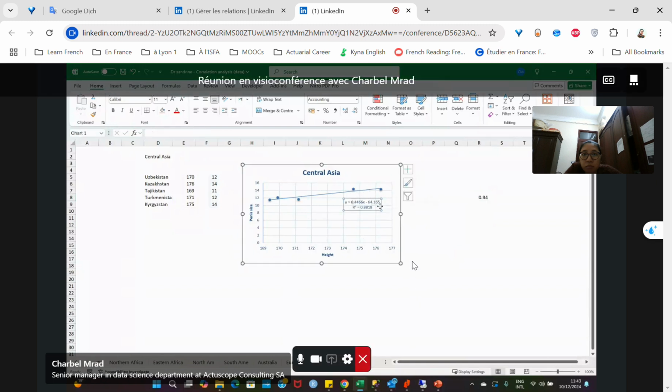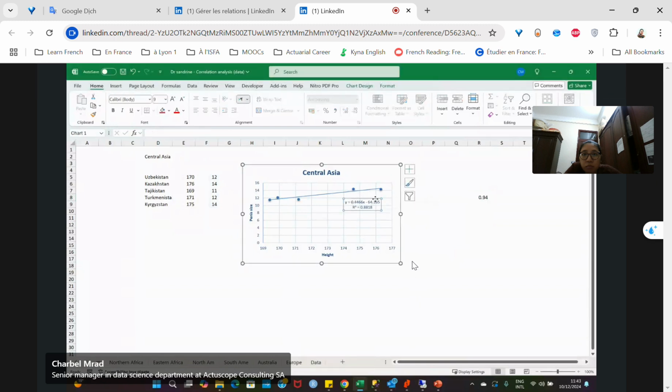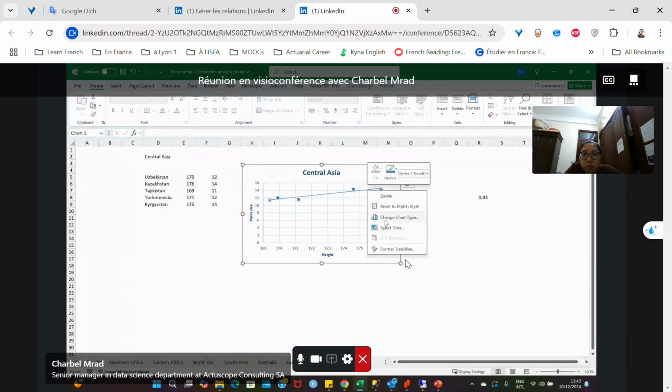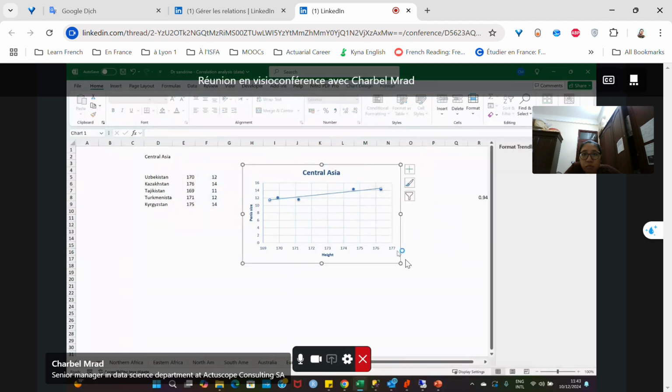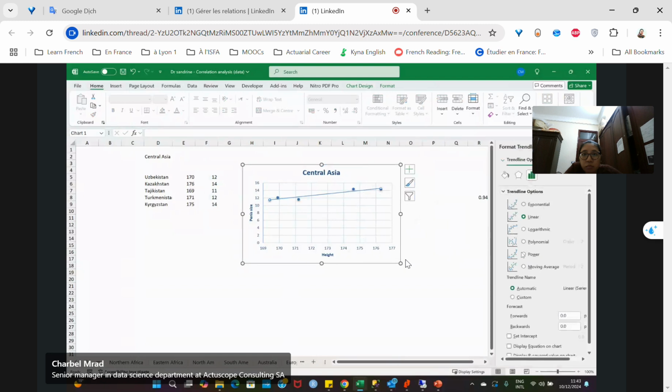So I'll show you how we calculate it. You have these options, format trend line. I think you know that. The trend line option, you have the linear one, you have the exponential,